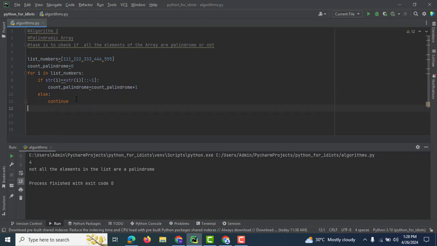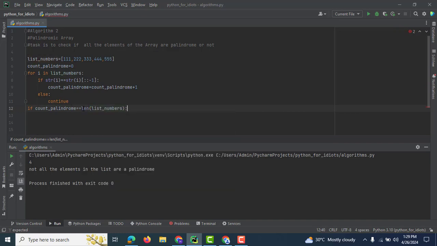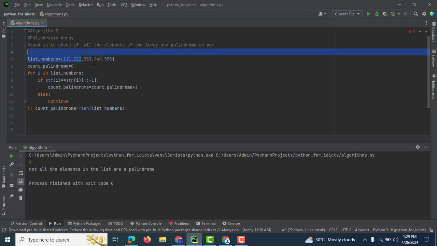Okay, now when the for loop is completed, we say if count of palindrome is equal to length of the list of numbers. So what is the length of list of number? Here in this case it is 5. 1, 2, 3, 3, 4 and 5. Okay,